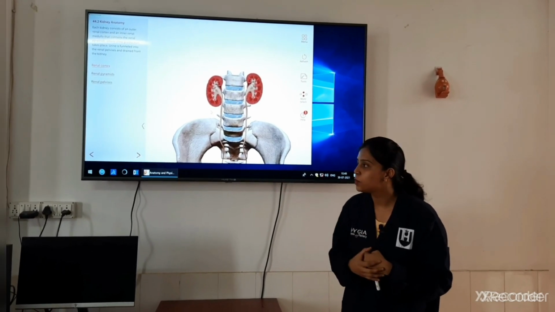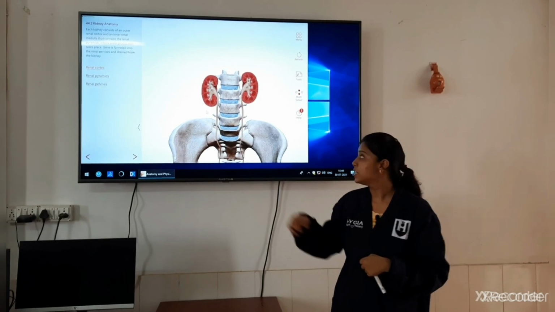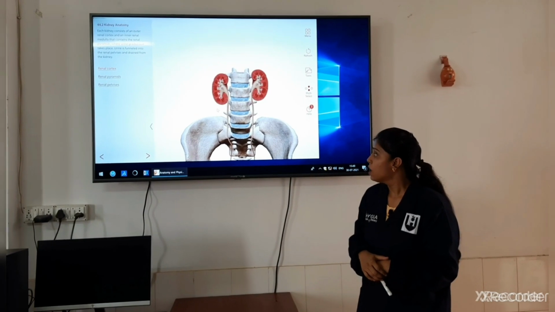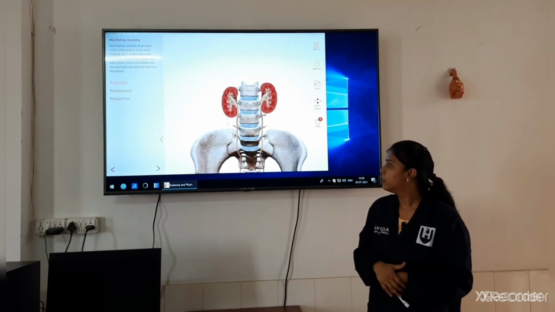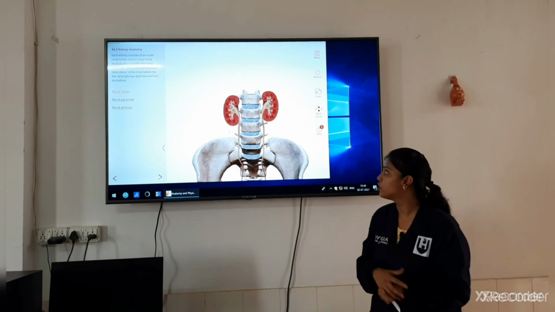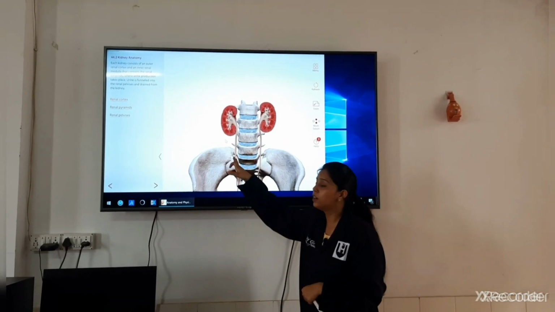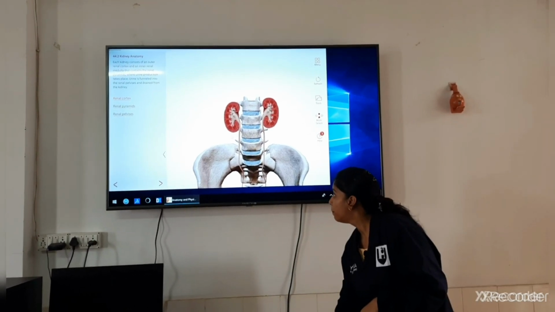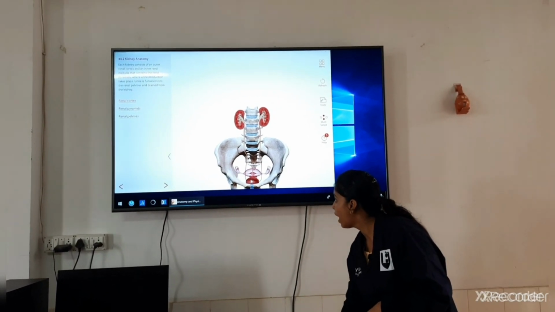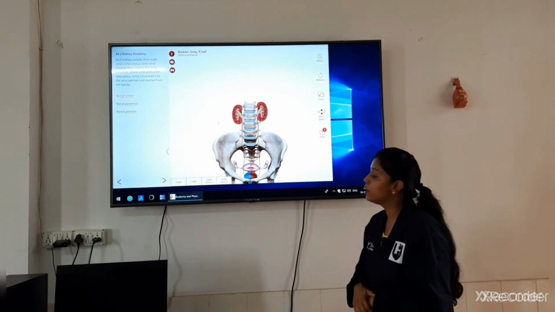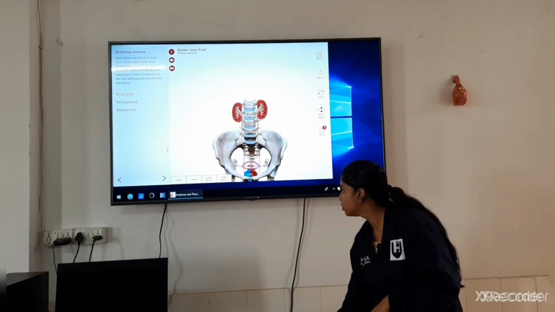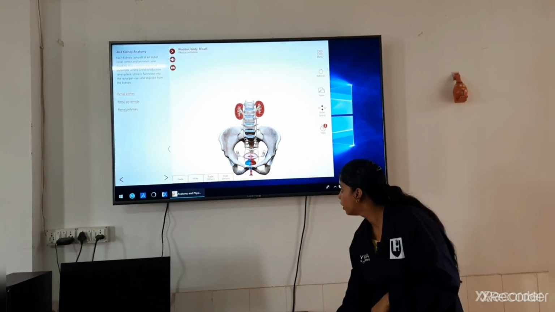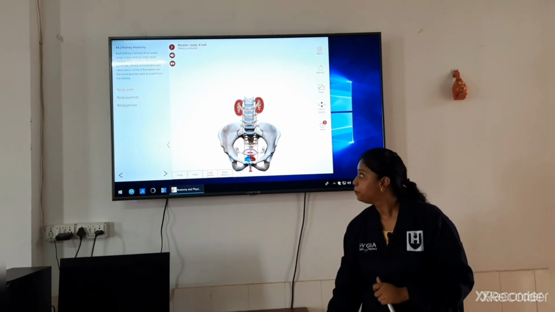So moving towards the next part in our urinary system, that is this pair of structures, known as the ureter. When we talk about their function, they have only one important function, that they are responsible for carrying the urine from the kidney towards this structure, this part, which is known as the urinary bladder. This is the half part which is being highlighted. This whole structure, you will find it over here. It is the urinary bladder.